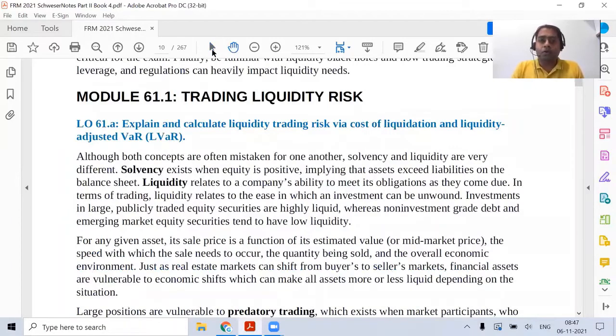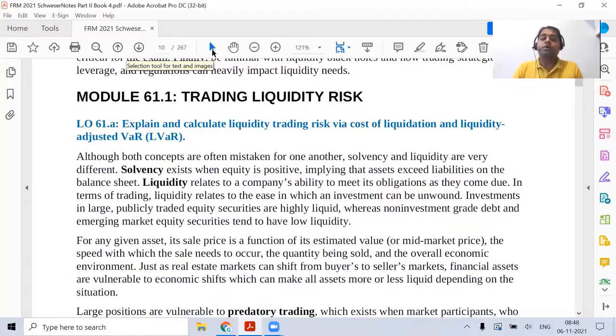Now whenever we talk about liquidity risk, there are two types of liquidity risk. The first is trading liquidity risk. The second is funding liquidity risk. What is trading liquidity risk? When you have an asset, you want to liquidate, you want to sell, but you are not able to find a proper market, or you have to sell at a very low price. That risk is called trading liquidity risk. The second risk is funding liquidity risk. Suppose you don't have a sufficient amount of money to pay back on the receipts or bills that are pending. Suppose there is a margin call, and you do not have a sufficient amount of cash available to pay back, or a sufficient amount of assets to give. That is where the situation of funding liquidity risk comes into the picture.